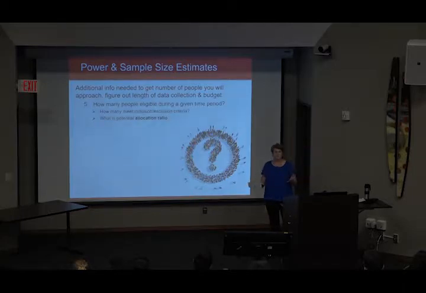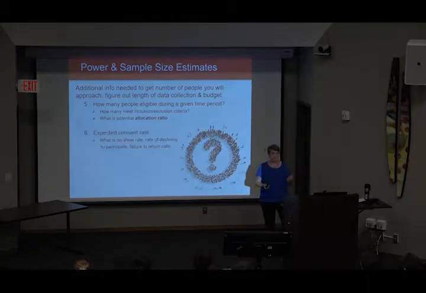You'll need to think about how many people are eligible during a given time period. If you're thinking your study's going to run a year, how many people in a year do you see that meet those inclusion or exclusion criteria? Or how many people have a certain condition or whatever. So this will affect your allocation ratio. If you're doing a case control study, looking at something that's a little more rare event, you're likely to have an allocation ratio, which means the number of controls that you have for each case that you have will be bigger. You might need 3 controls for every case. So that would be an allocation ratio of 3.